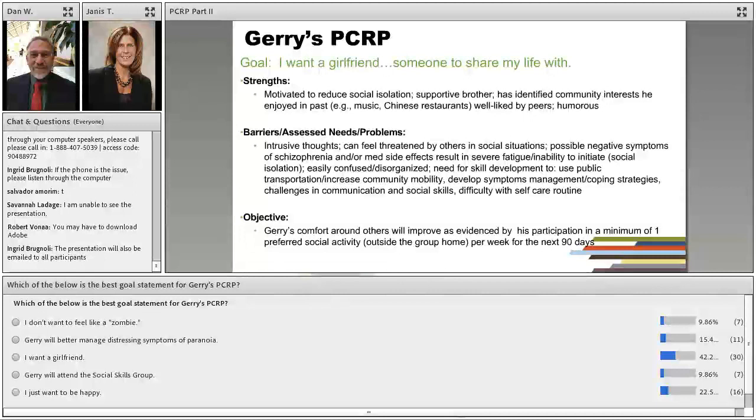People get very anxious, and rightfully so. We are not Match.com. We are not in the business, and we do not get paid to help a person get a girlfriend. But what I want to leave you with is this idea of remembering we don't get paid for a person's goals at all. We get paid for clearly documented, individualized professional services that help a person overcome the clearly documented mental health-related barriers that are getting in the way of those goals that are important to them. So you can do this in the context of the plan.